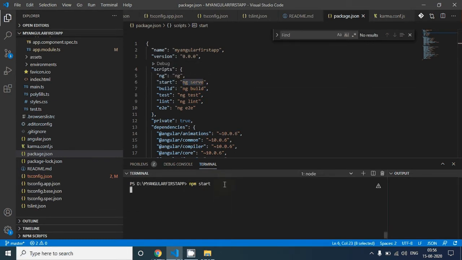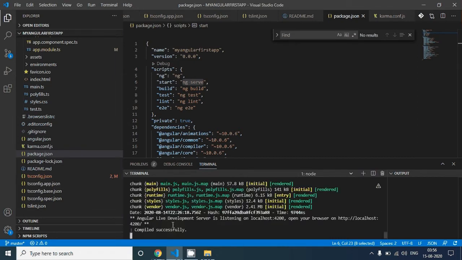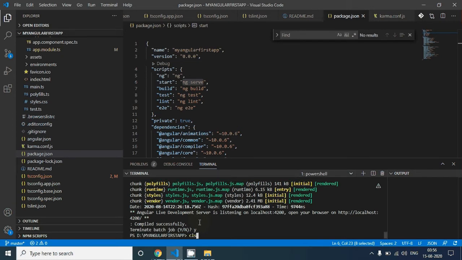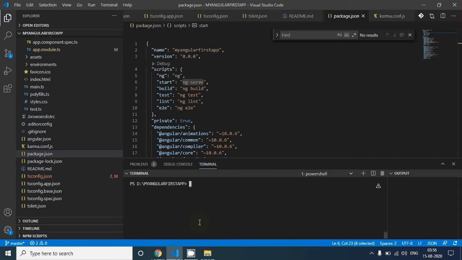So just press enter, and now you can see that ng serve is getting executed, and our application is getting compiled. Our application got compiled. Again press Ctrl C and say yes, CLS, clear the console, and just modify it to ng space serve1. So this is not a command, right? This is an invalid command.